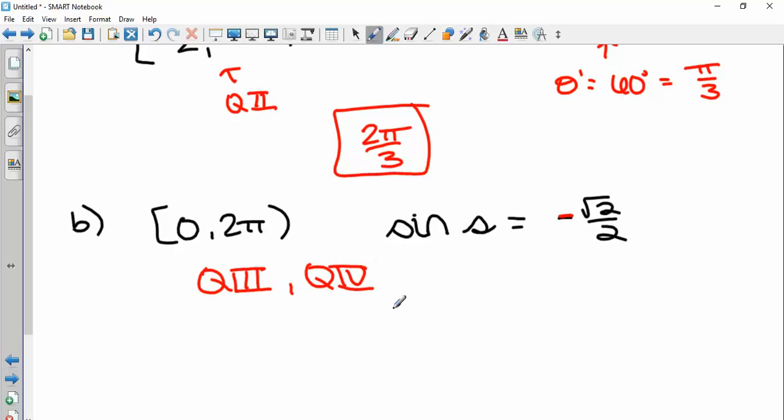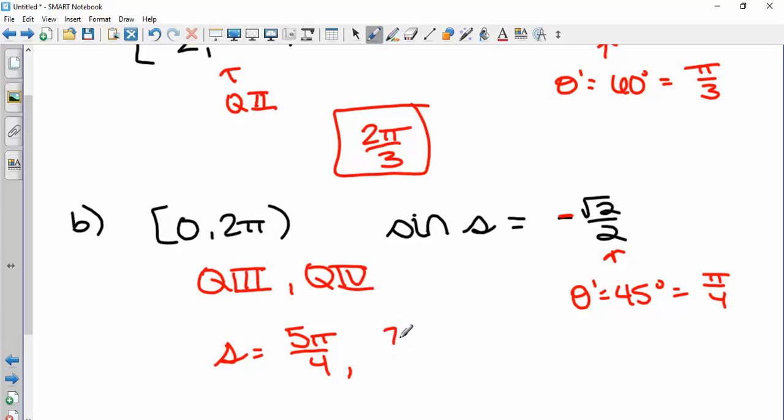So we will have one answer for quadrant 3 and one answer for quadrant 4. Reference angle. When is sine radical 2 over 2? 45 degrees, which in radians is pi over 4. So in quadrant 3, the top is 1 more, so that would be 5 pi over 4. In quadrant 4, what's the pattern? Double minus 1, so that would be 7